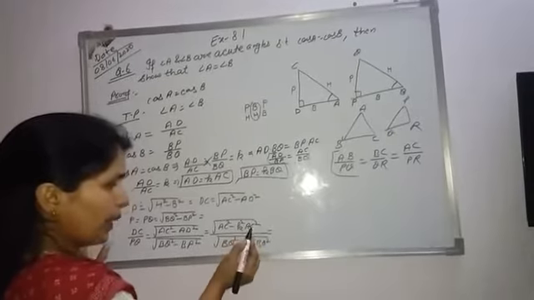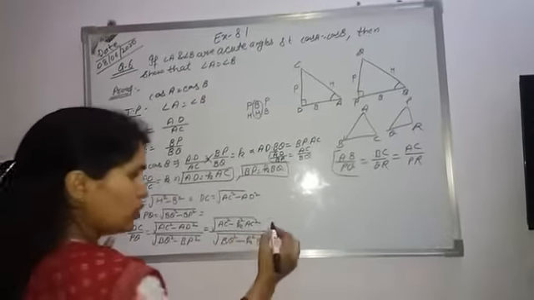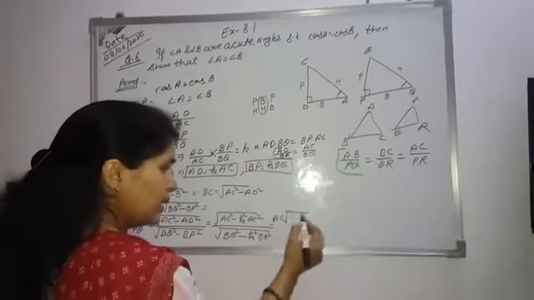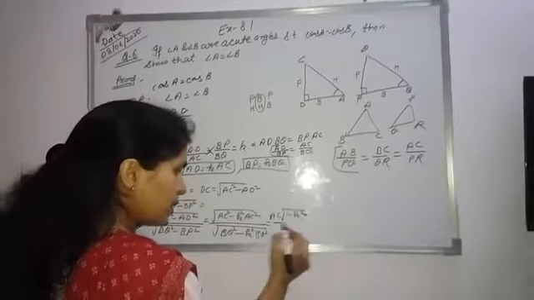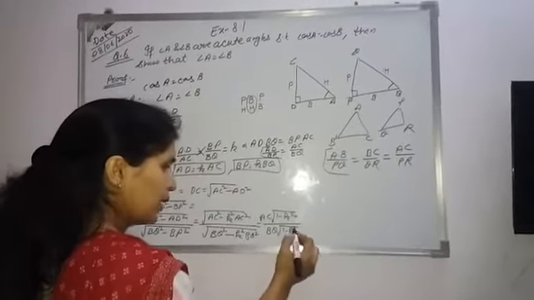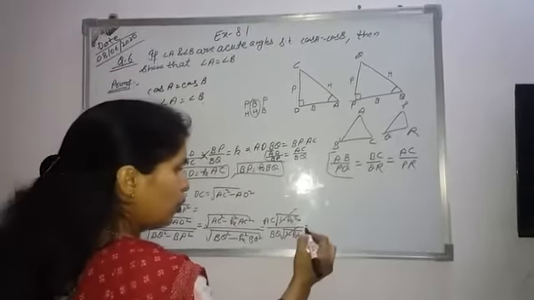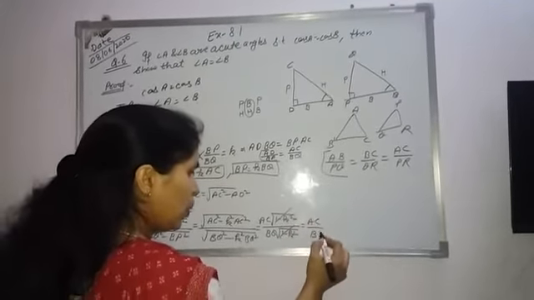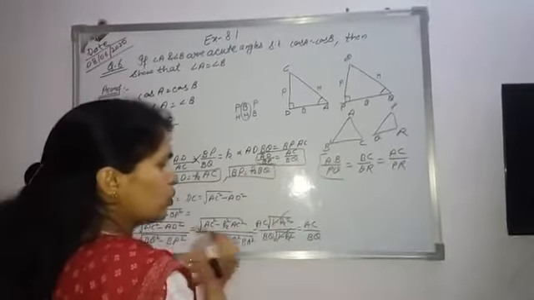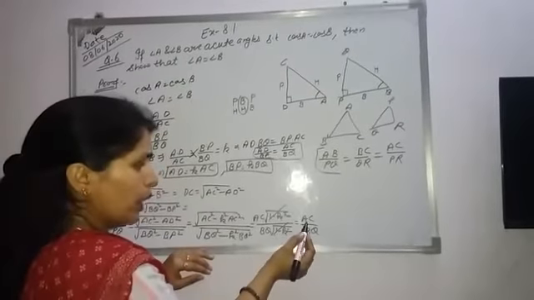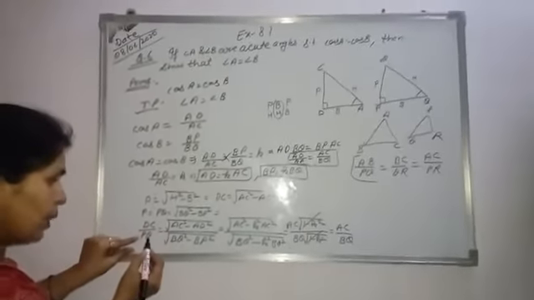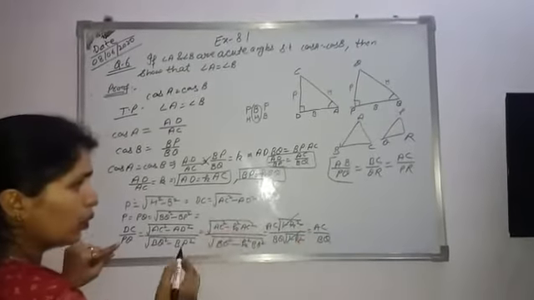And when we take common, AC square is common from these two values. So when we take this value outside this square root, we get AC into under root 1 minus K square, and this term is BQ into under root 1 minus K square. These two terms cancel out, so we obtain AC upon BQ. From the given condition, we obtain these two ratios, and the third ratio also we obtain AC upon BQ. Which value is equal to this one? DC divided by PQ is equal to AC upon BQ.